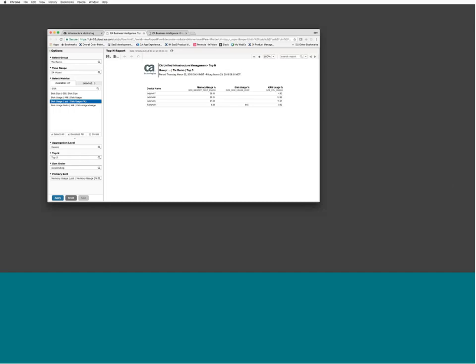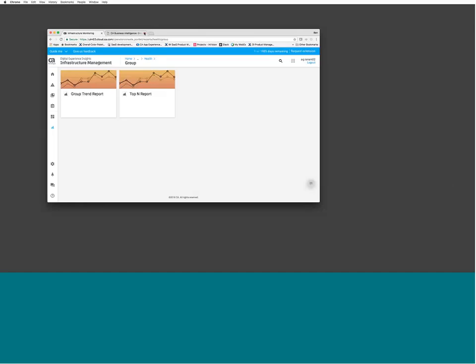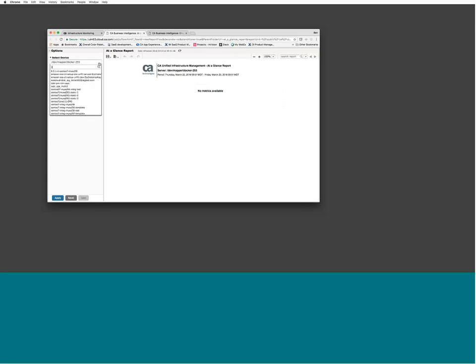Next up, I want to show you the at-a-glance report in the context of a single device. So if we go back to our health reports, I can navigate to device. If I click on the device, I'm going to pick the at-a-glance report here. So this time I'm not selecting a group, I'm just selecting a single device that I can search, Tix demo